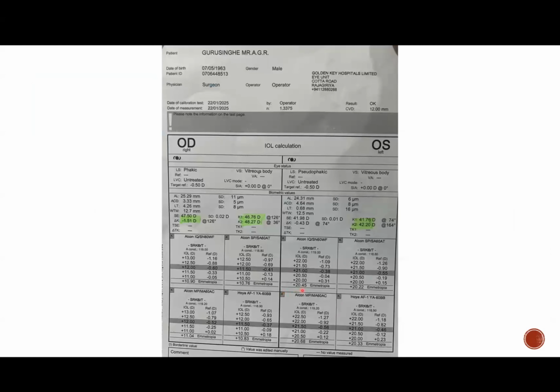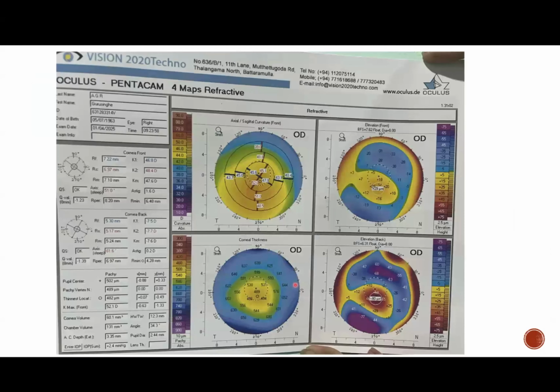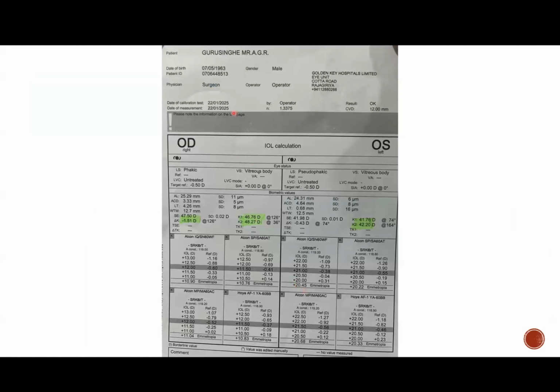And now we will just see a few examples of what we are going to do. In this case, you check your data: the axial lengths are 25 and 24, a difference of more than 1, and there's the lens thickness. The K1 is 46, 48 is about minus 1.50 on this side, and the K reading on the other side is minus 0.4. So there's a difference between K readings. 48 is on the higher side, and this is the normal range, but there's a huge difference between the two sides' K readings.